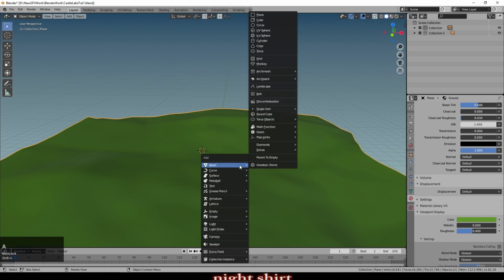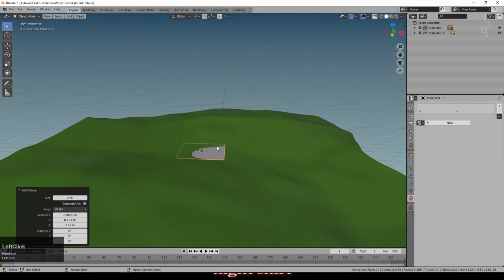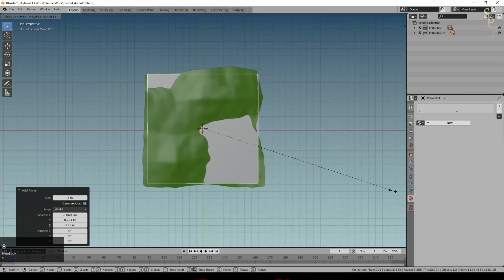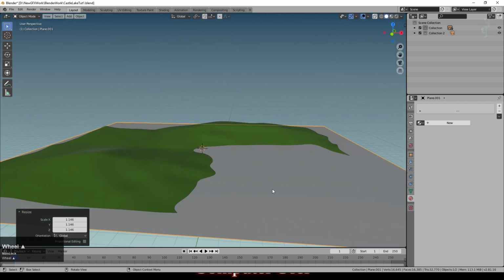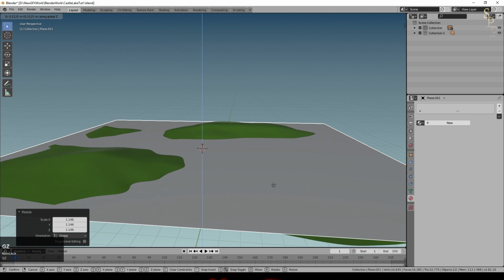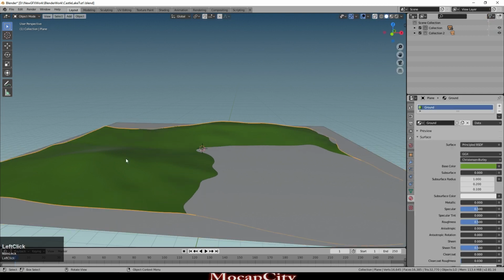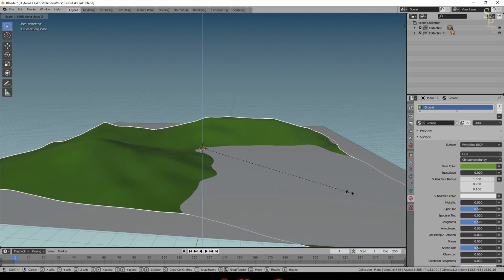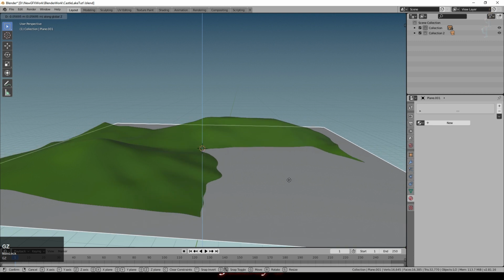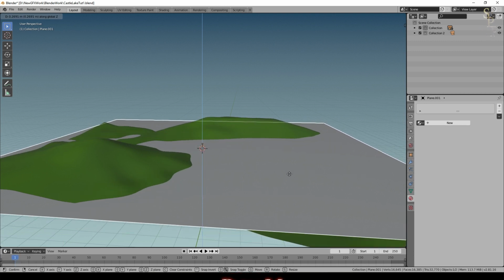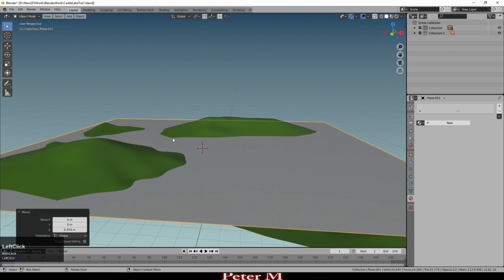I'm now going to add another mesh, which is also a plane, scale it up to about the same sort of size. I'll even make it slightly bigger, I think, and then play with the height to get the sort of water that I want. And I think what I'm going to do is select the land at this point and scale on the Z, just to raise the height of those hills a little bit. And obviously with random generation you're going to get something different every time, but what I wanted was the effect of sort of a lake that was travelling around.